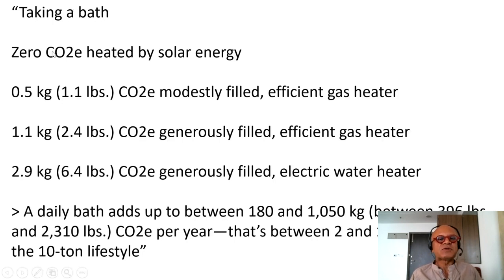Anyways, zero CO2 equivalent if the water is heated by solar energy. Of course, the cost of the water supply, and so on are not included in here. 0.5 kilogram CO2 equivalent if it's a modestly filled efficient gas heater. We're talking about taking a bath, not a shower, so it's a very specific thing. 1.1 kilogram CO2 equivalent for a generously filled efficient gas heater. 2.9 kilograms if you go to a generously filled electrical water heater, because gas is much more efficient than an